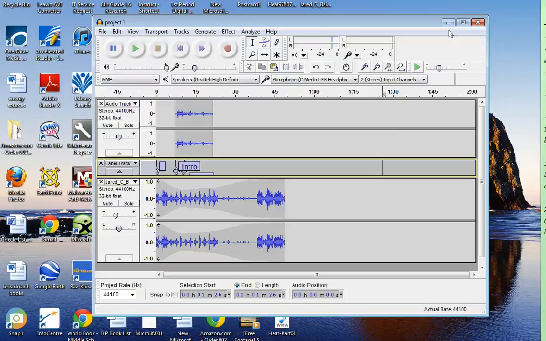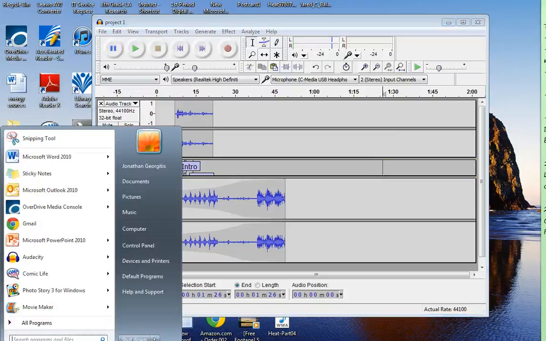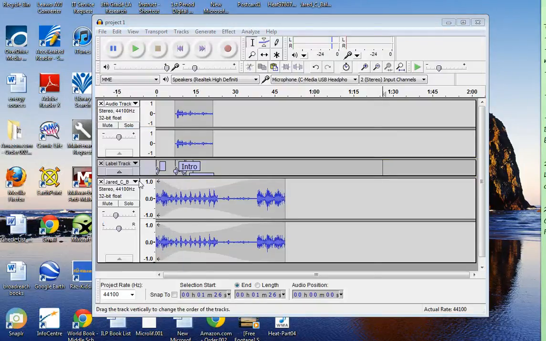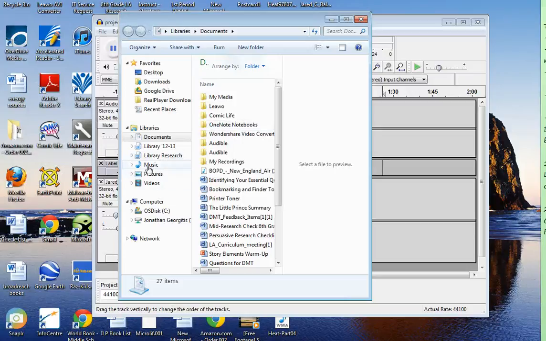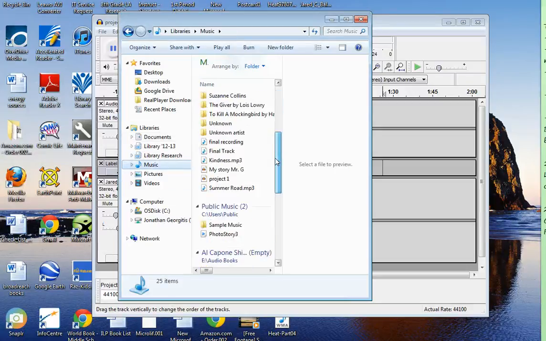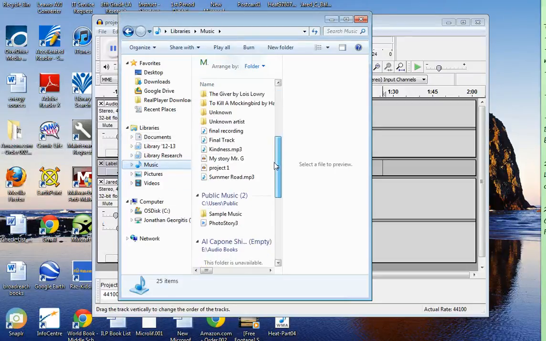So now if I click on My Music, if we go here and go to music, you're going to see it. There it is. It says Project 1, and that is an Audacity project file, so notice that's not the file I want. But these are files that are recordings, so they're just like an MP3. You could load these onto an iPod. You could play them, so that's my final recording there. These are projects that won't work in Movie Maker, but I could keep